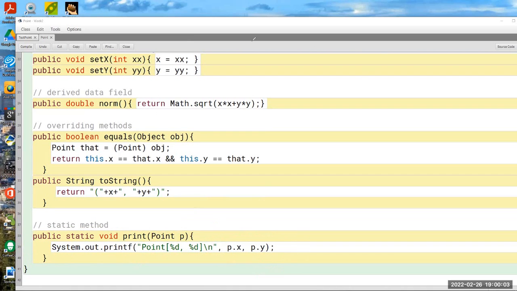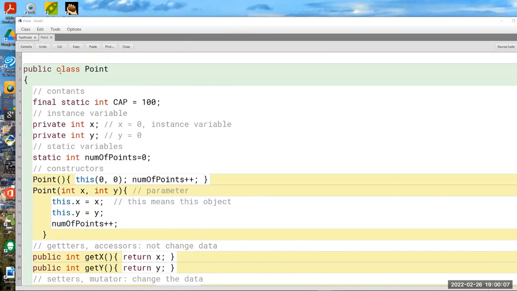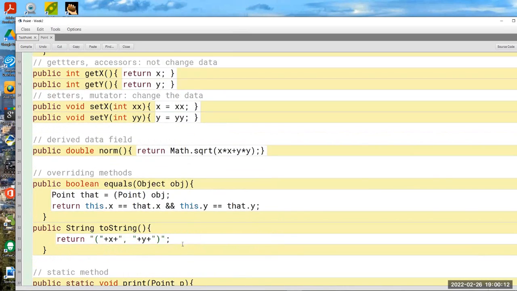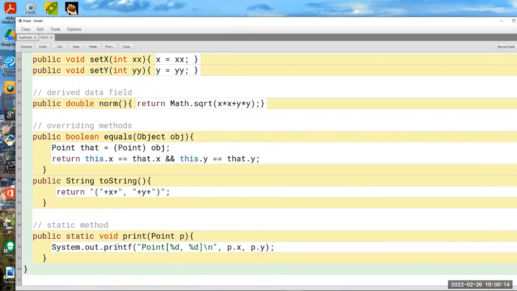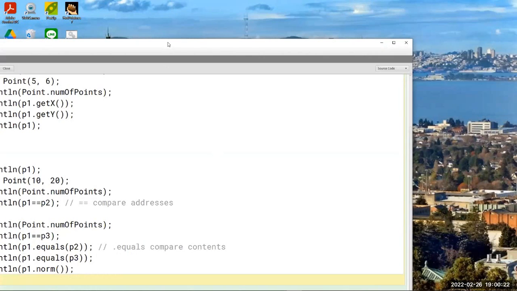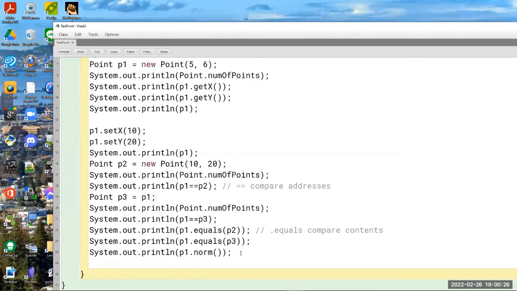That's because this print function is located in the same class as point. So that actually is legal. This print function provides a service for any point. If you want to call this print function from my test point function, right here,